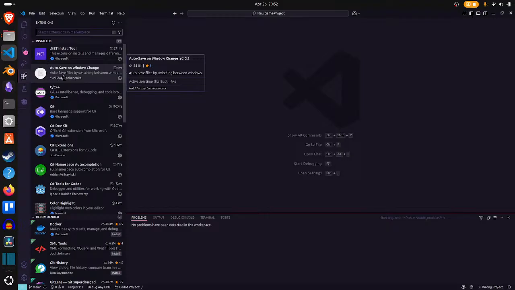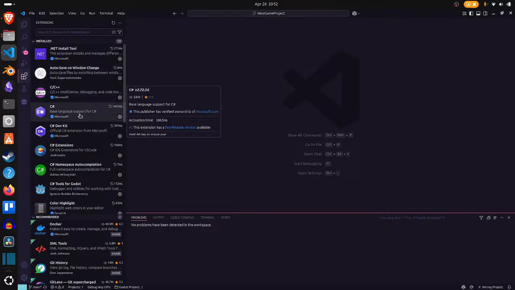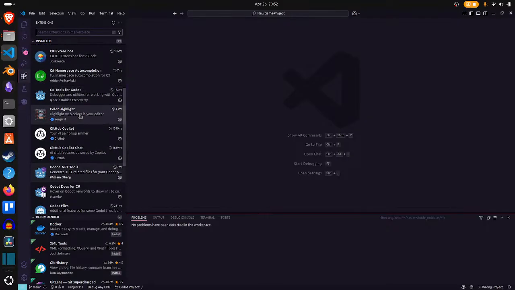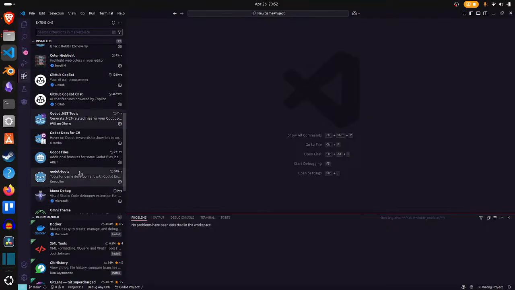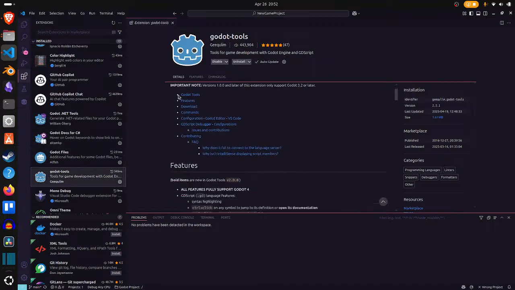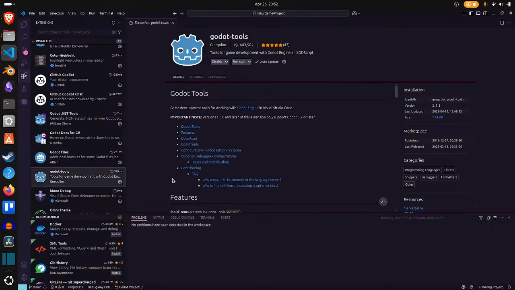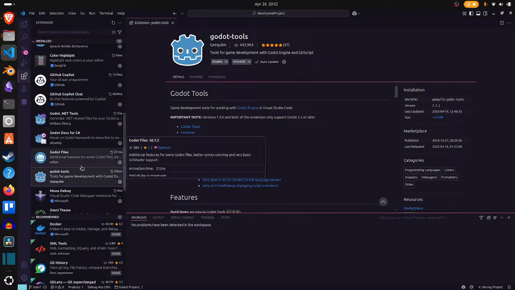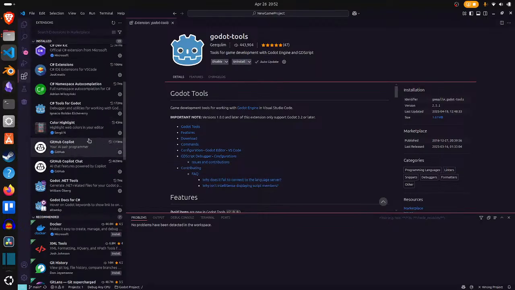If you are somebody who wants to use Visual Studio Code for GDScript, you only need basically, I believe, yeah, here it is, Godot tools. This you need to download and install. Pretty simple, honestly. Installing these is easier than installing mods in Skyrim. But anyways,